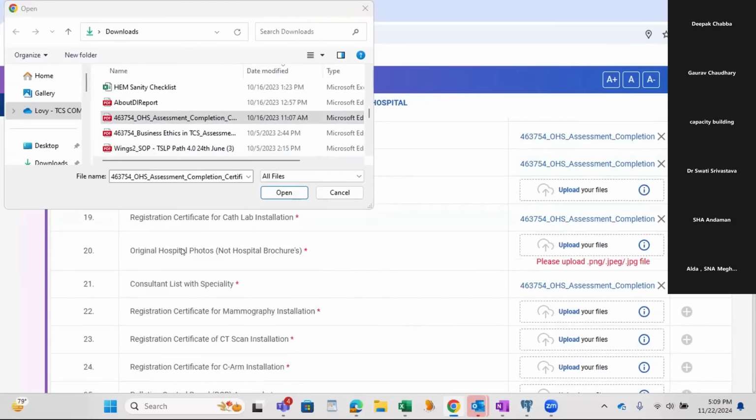This is a hospital photo we have to upload. It is asking for a JPG image.